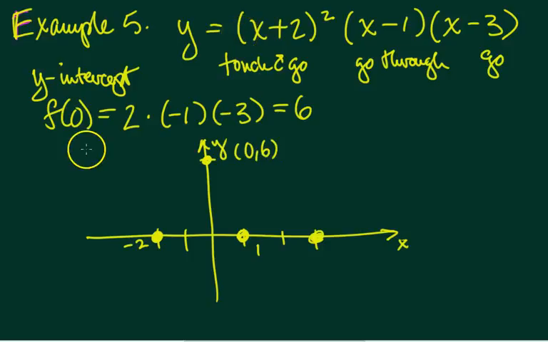Okay, so because it's a polynomial of even degree, we can know what its end behavior is. Okay, we have a touch and go at negative 2. It's got to come from there up, do a touch and go, and then head up for